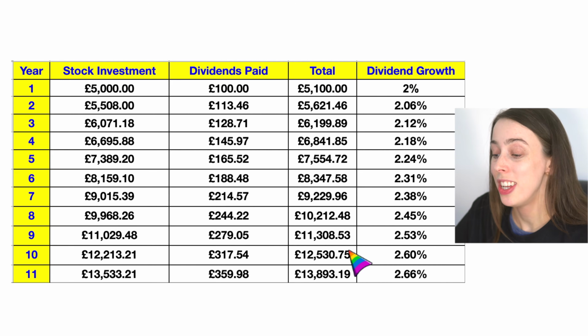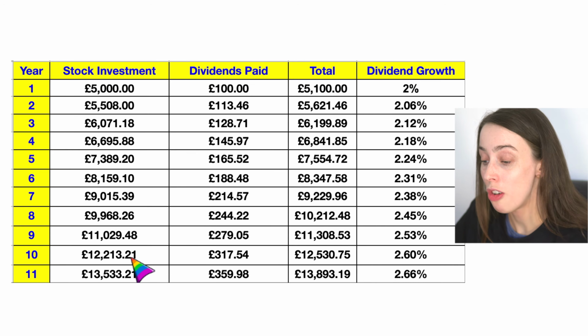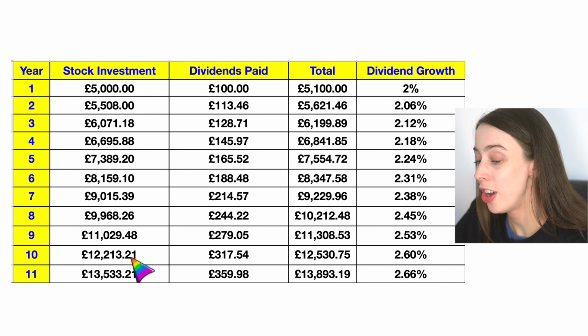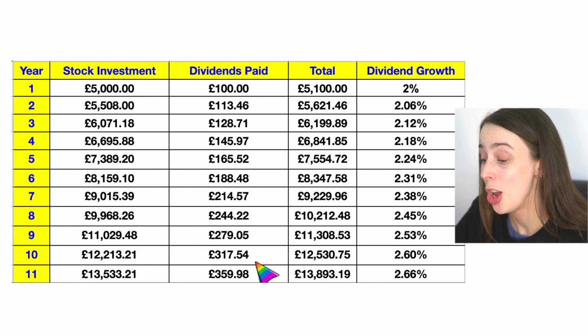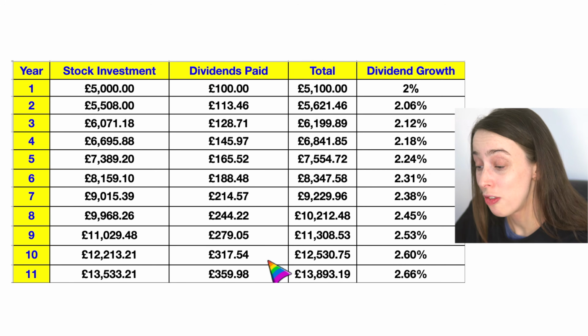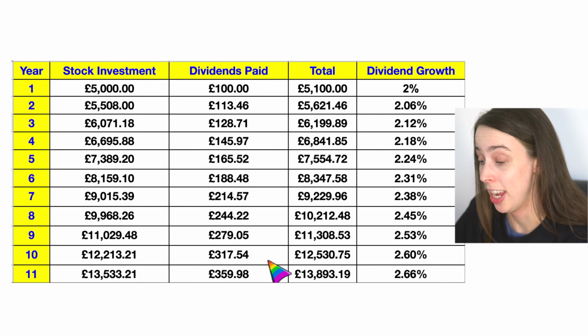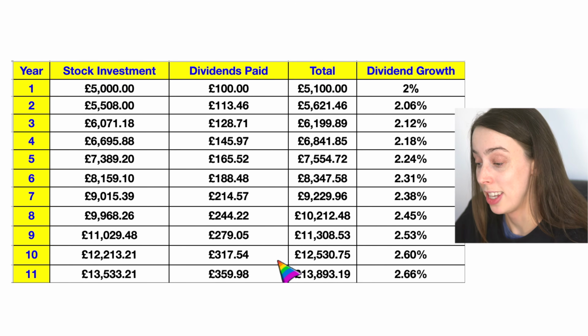£11,308.53. And then you move into your final year, you start off with £12,213.21. You're now at £317.54 of dividends paid over the 12 months in your 10th year, compared to the £100 that you saw in year 1. So that's gone up by over 3 times, which is quite impressive. And if you think about this with bigger numbers, this is just going to be even crazier. Ending the 10th year with